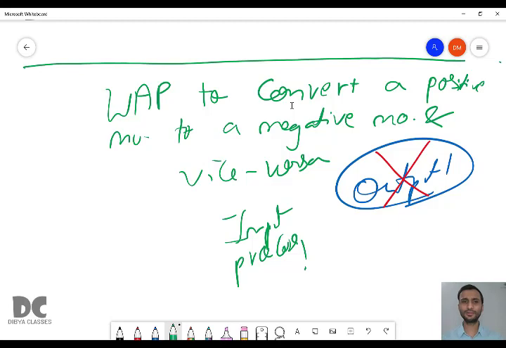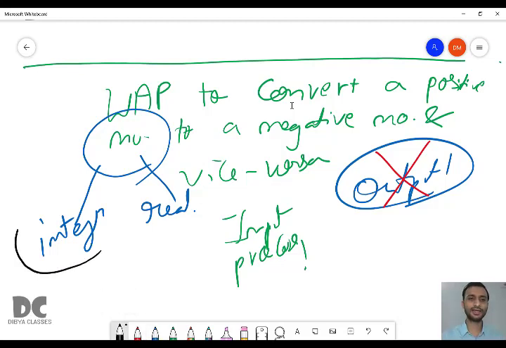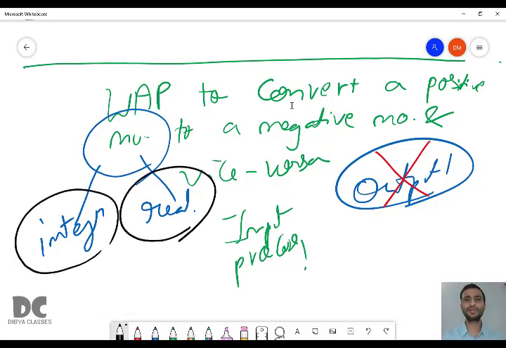So what type of input? First of all, it is a number. A number can be of two types in Java, that is integer or real. So here you need to think: should I take an integer number or should I take a real number?